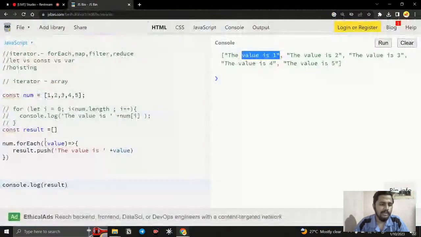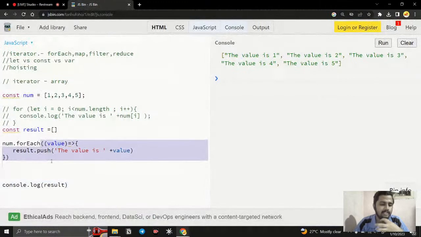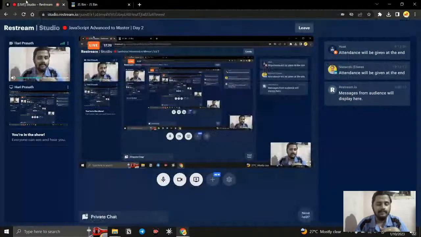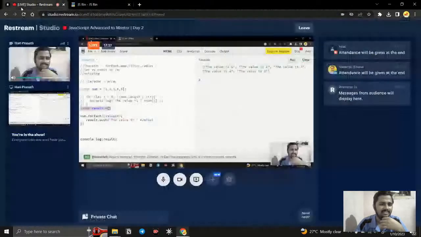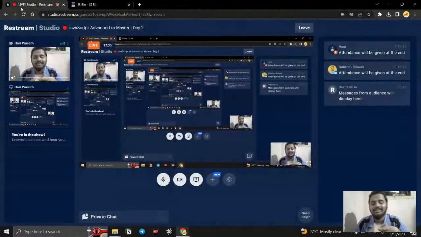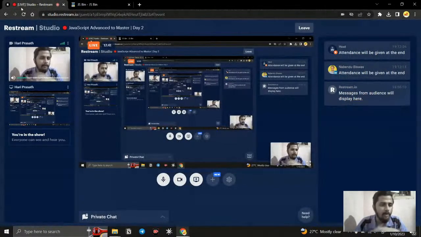For example, you can see this is a function, but it is changing something in the outer world, which means the variable is outside of the function. So it is changing, right? So I cannot simply say put the variable inside and return the variable result. It's not going to do that. So with this forEach method, we cannot work with pure function concepts